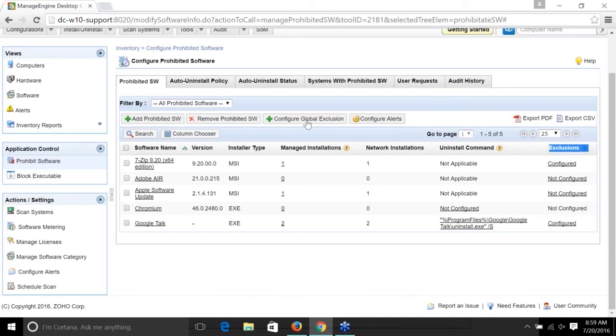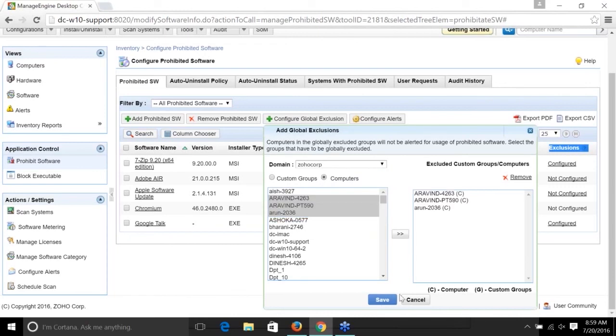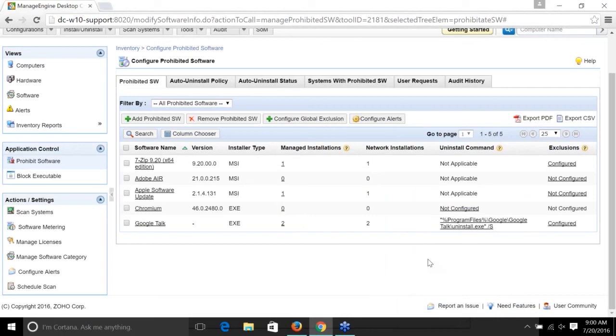I can place them under global exclusion. So I can once again go to my domain and choose required computers alone, move it, and save it. So those users will not be affected by